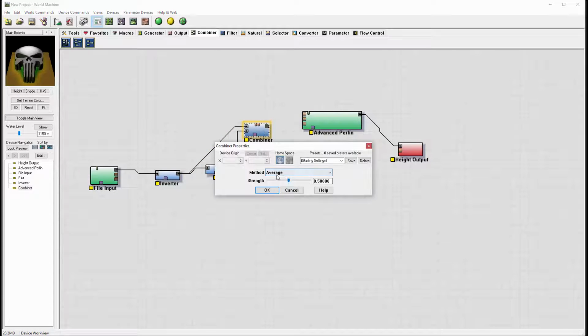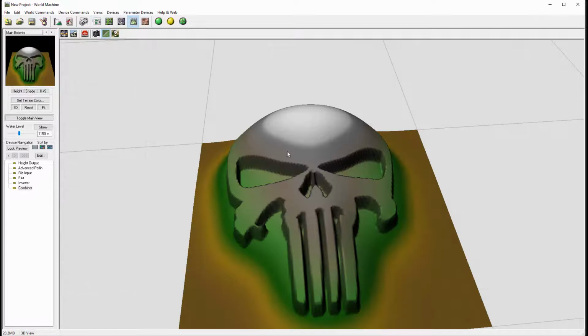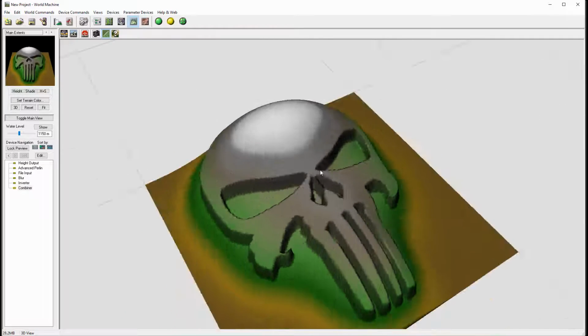Okay, let's go inside, and we can play with different types of settings. So we can even go to the max, minimum powers, whatever we want. You can play around and see which works. But for now, we'll just leave it as average, and we can see almost blending in maybe around this area. Okay, let's go preview, and you can see how it already has a nice difference,